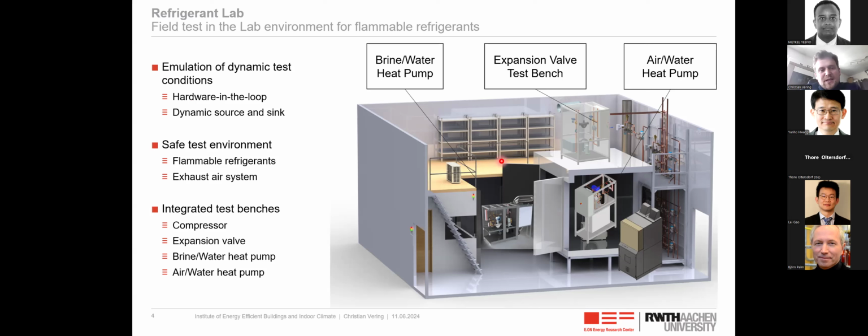This is an entirely safe test environment handling A3 refrigerants, and we have an exhaust air system that helps us identify and get rid of concentrations of flammable refrigerants. This test center is able to be operated 24/7, so we are able to conduct experiments in a very well